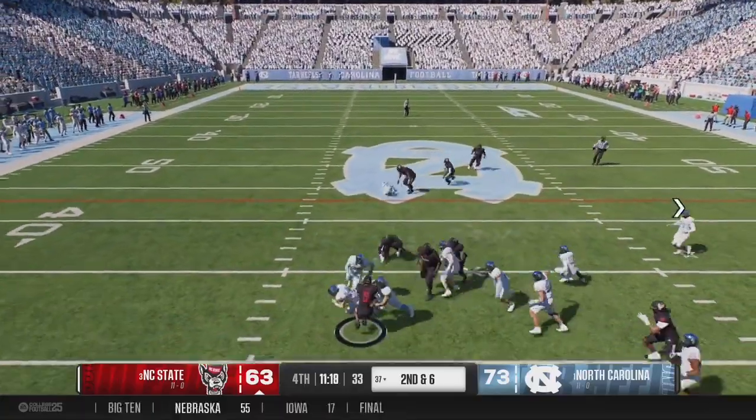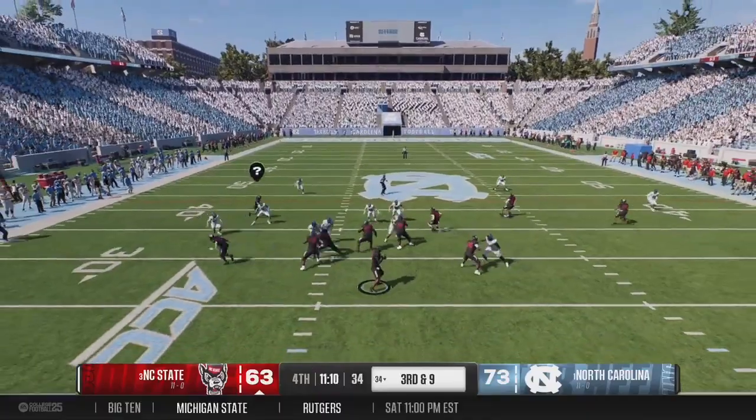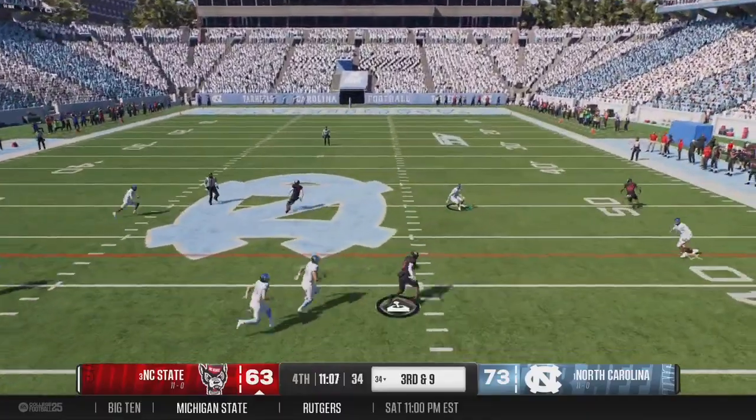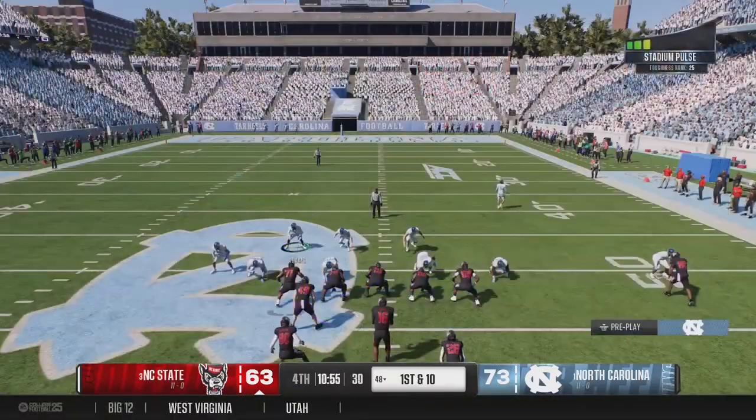Receiver makes the catch. They'll actually lose yardage. Anticipating that this screen was coming and then rallying to the ball. Grab down the middle. It's Rodgers. They tackle him at the...